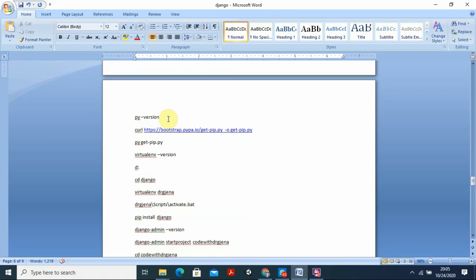For this, you see two line commands here: curl https://bootstrap.pypa.io/get-pip.py -o get-pip.py. Once it is there, immediately you go for py get-pip.py. Okay, so with this your pip is installed. This is available on your screen, you can do it here.